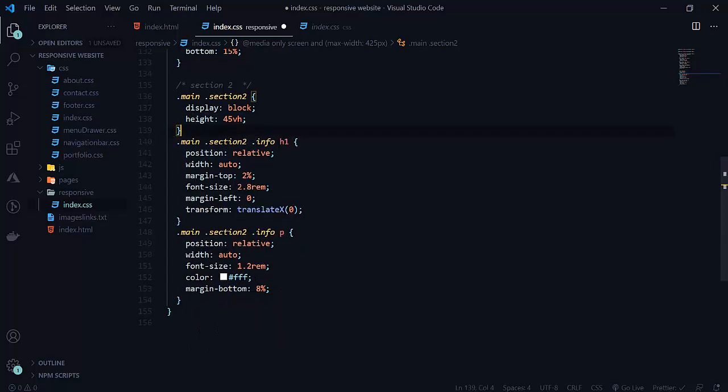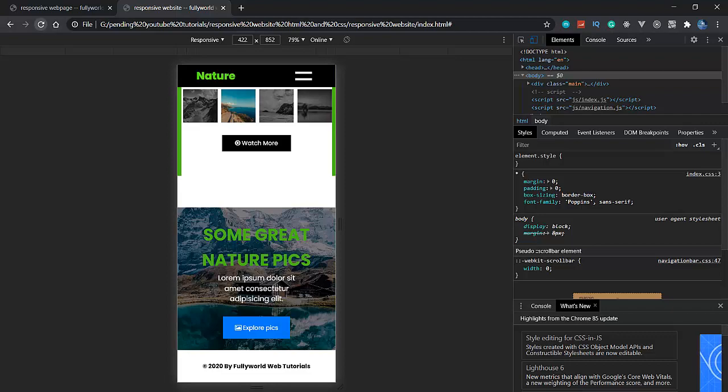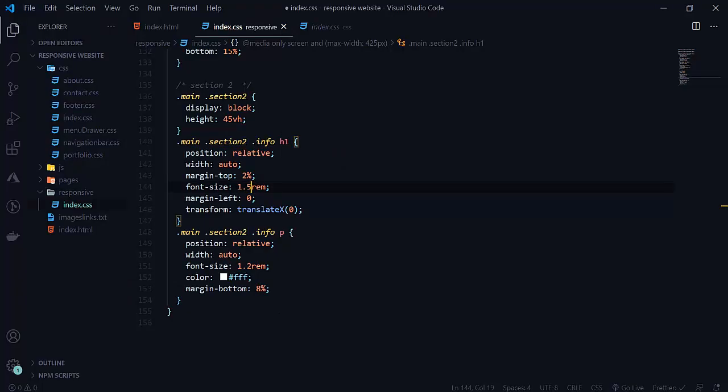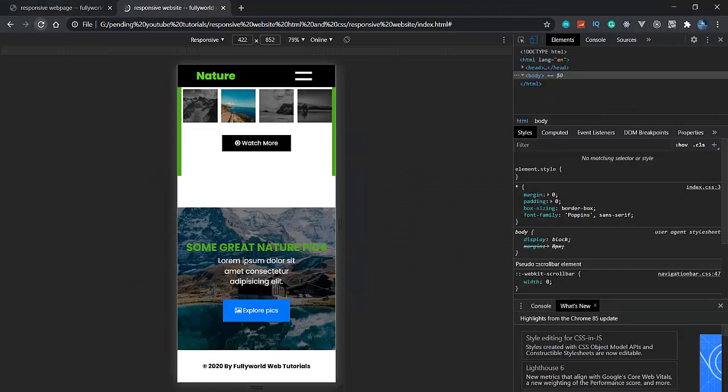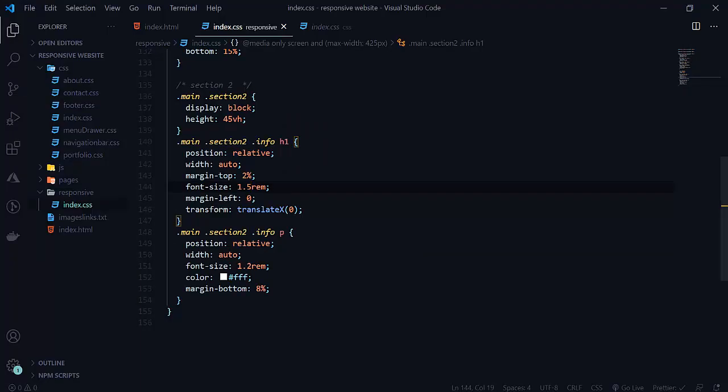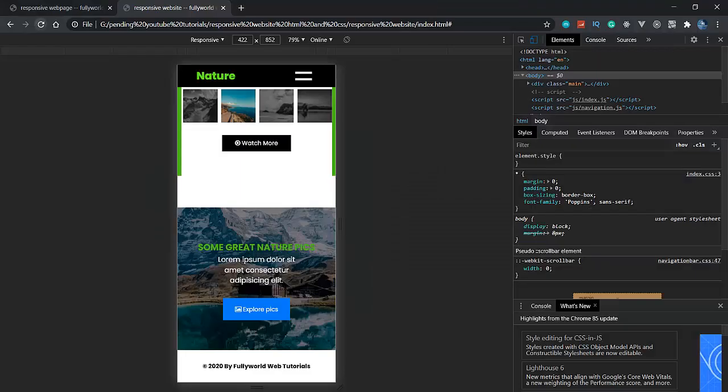Here let's change this font size to 1.8 rem. 1.8 rem is looking good, but 1.5 will look even better. See that 1.5 rem is looking very beautiful now. So now we have also set this. We don't want anything for our p tag here, because our p tag is looking good now.